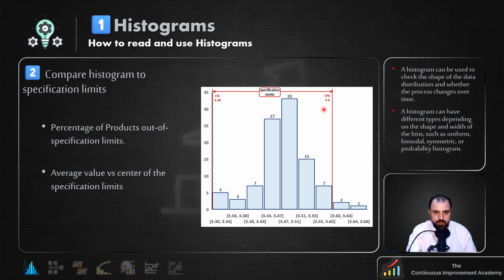So this is the range through which the customer is willing to accept the products, right? And we can say, as long as we are within this range or the specification limits, we are in good hands. But in this case, we see that out of the 100 samples, we could see 3 cases are out